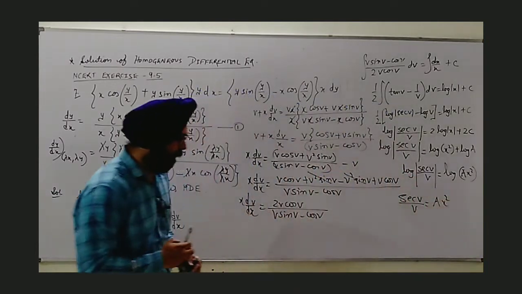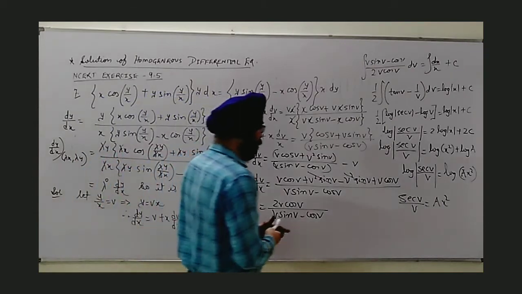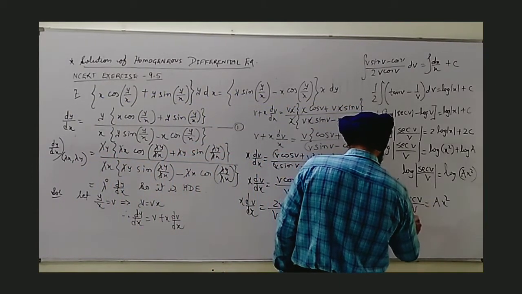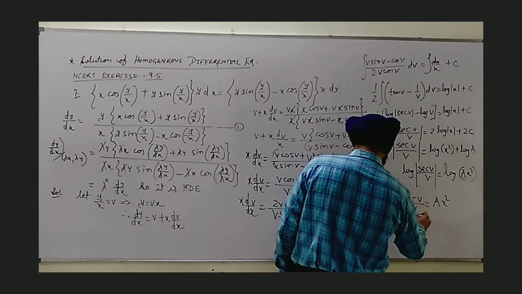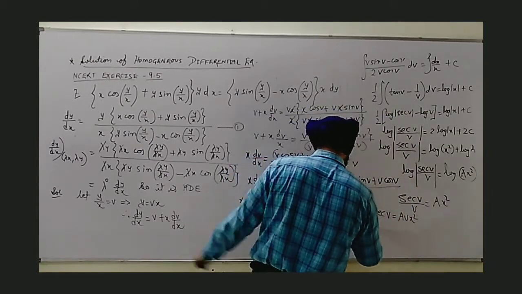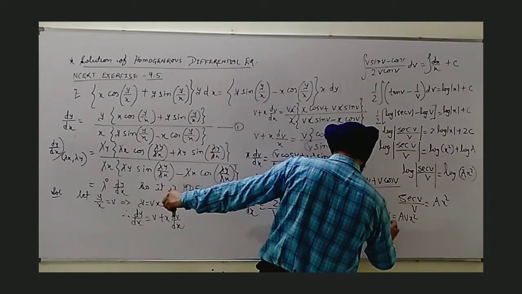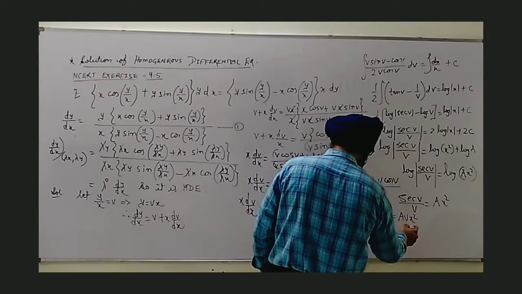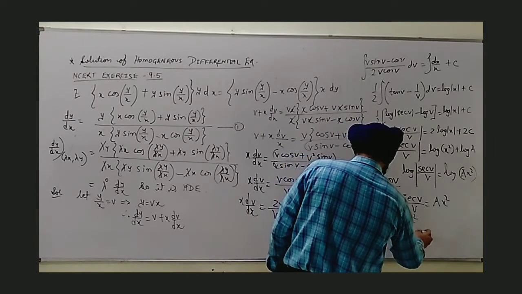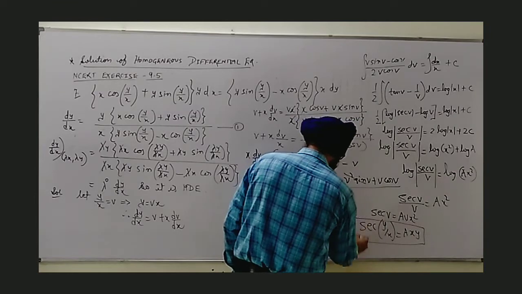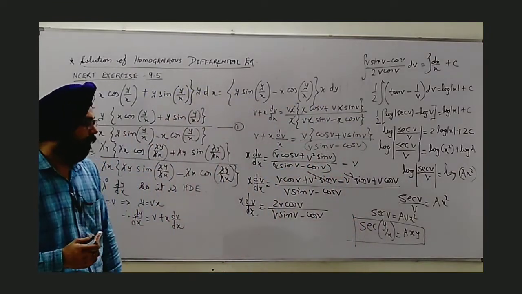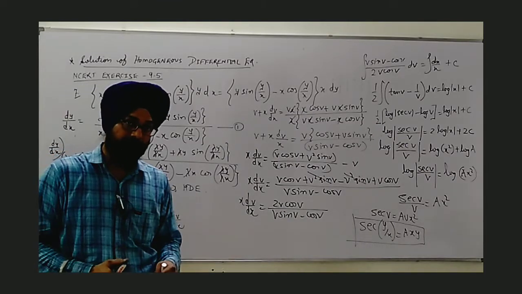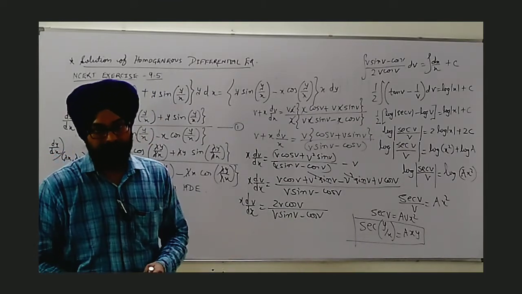At this stage, we need to put the value of v, and v also can be shifted first of all. So right hand side, a x square. Now put the value of v as y upon x. So we get sec of y upon x equal to, x to x cancelled out, so a x y. The final answer we can consider. I hope you get this pattern. This is all different from the previous ones. We will see more questions from the same exercise next.